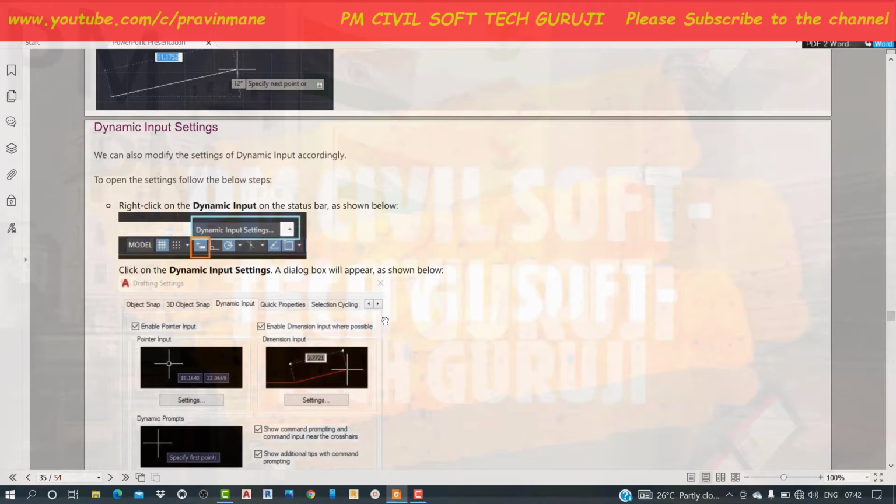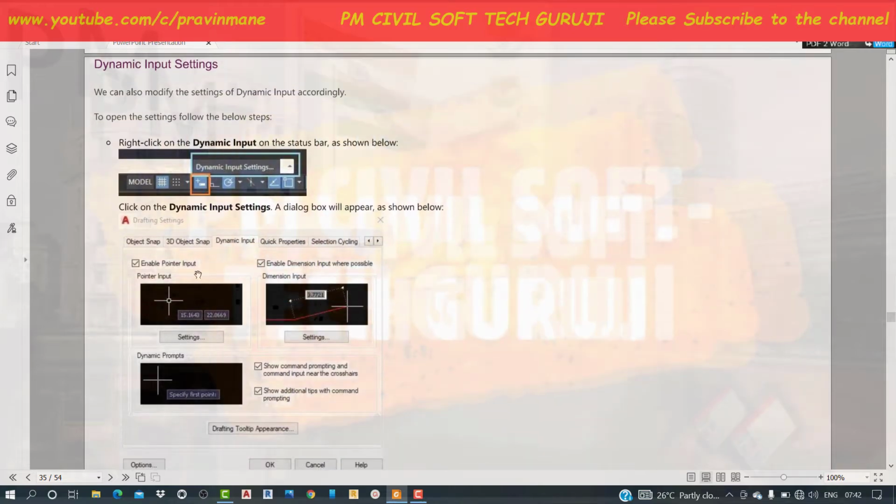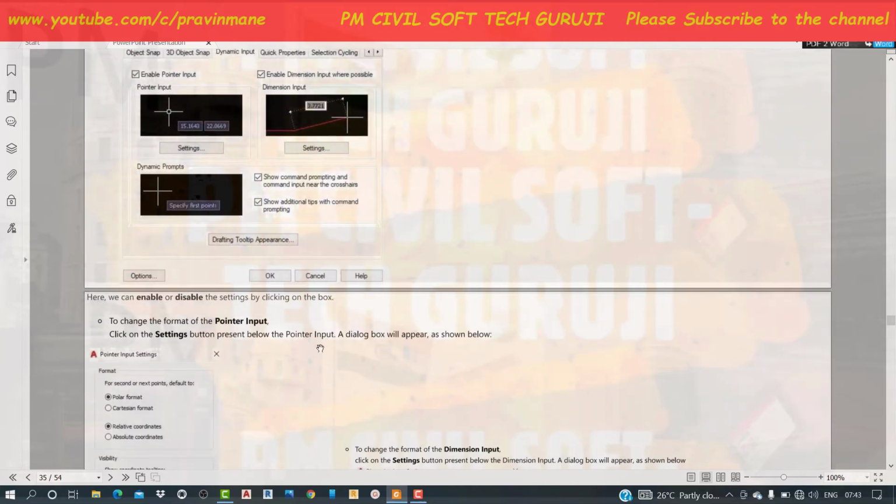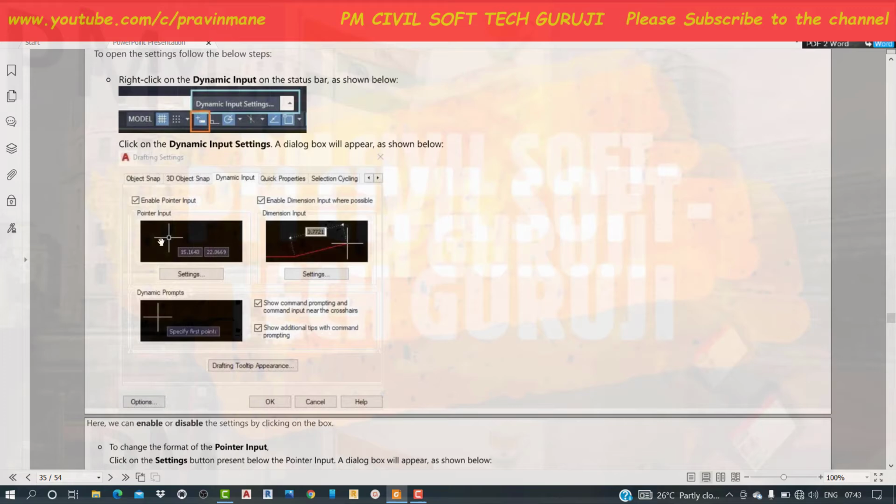Then the dynamic input settings. For this, right click on dynamic input on the status bar and click on dynamic input settings. A dialog box will appear, and here you do the dynamic settings. There are object snapping, 3D object snapping, dynamic input, quick properties, selection cycling, and many other tabs where you can select different properties.